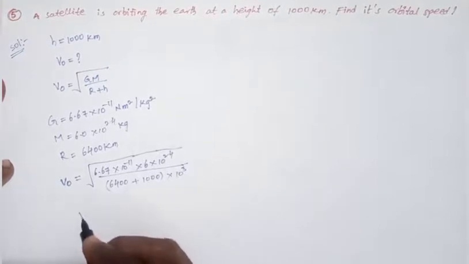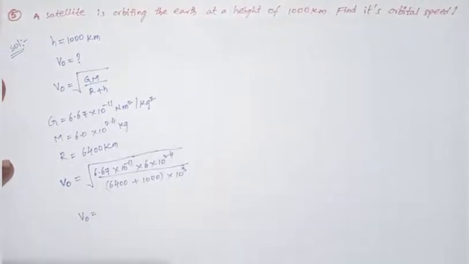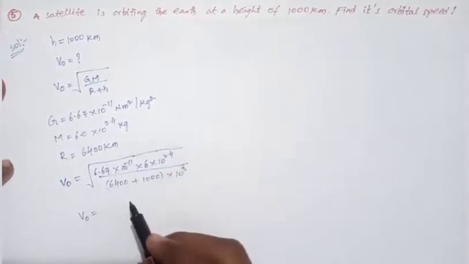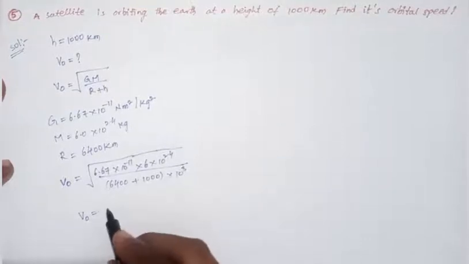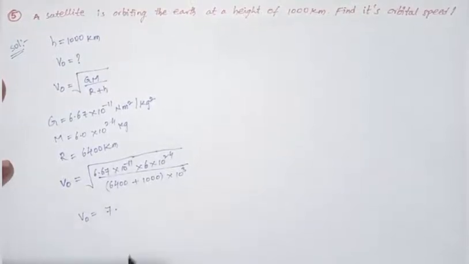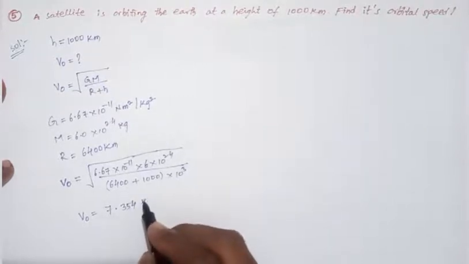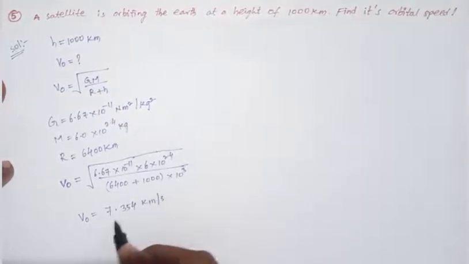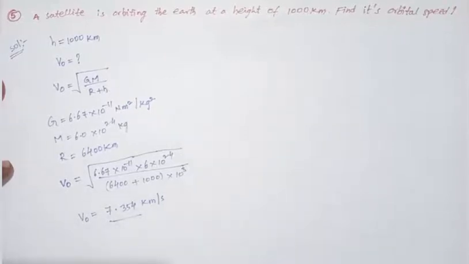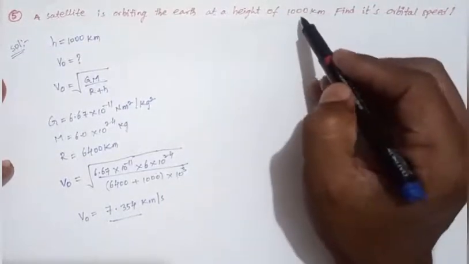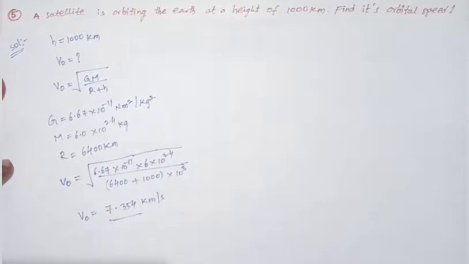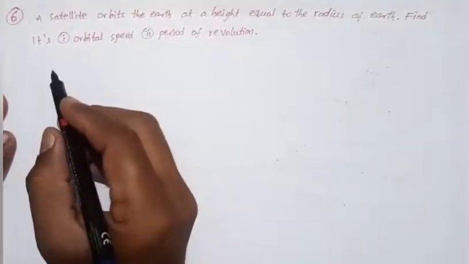Okay, when we calculate this value using a calculator, this equals 7.354 kilometers per second. This is the orbital speed of the satellite at a height of 1000 kilometers. Okay, we can discuss